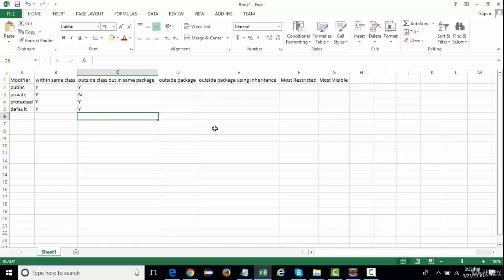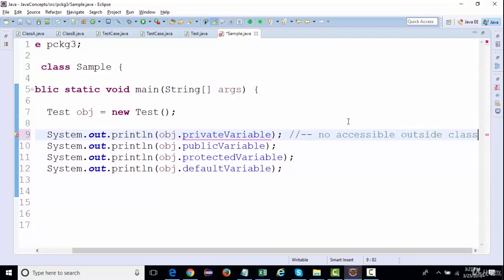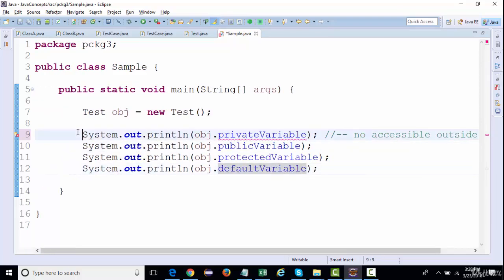Now we'll look at outside package. So what I'm going to do, I'll create one more package. So I'll just comment out this and we're going to write not accessible outside class. Right. So just comment out this as well.